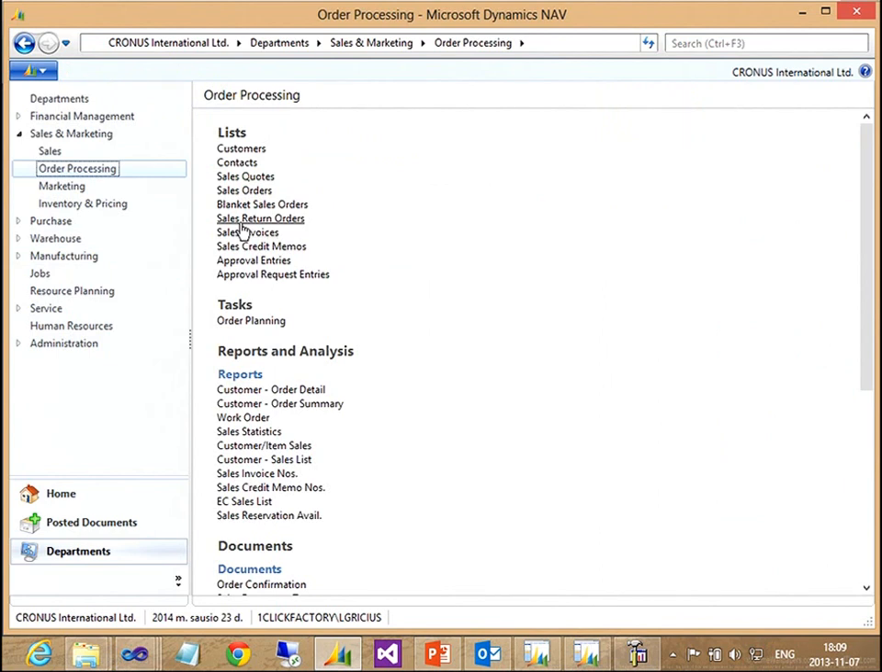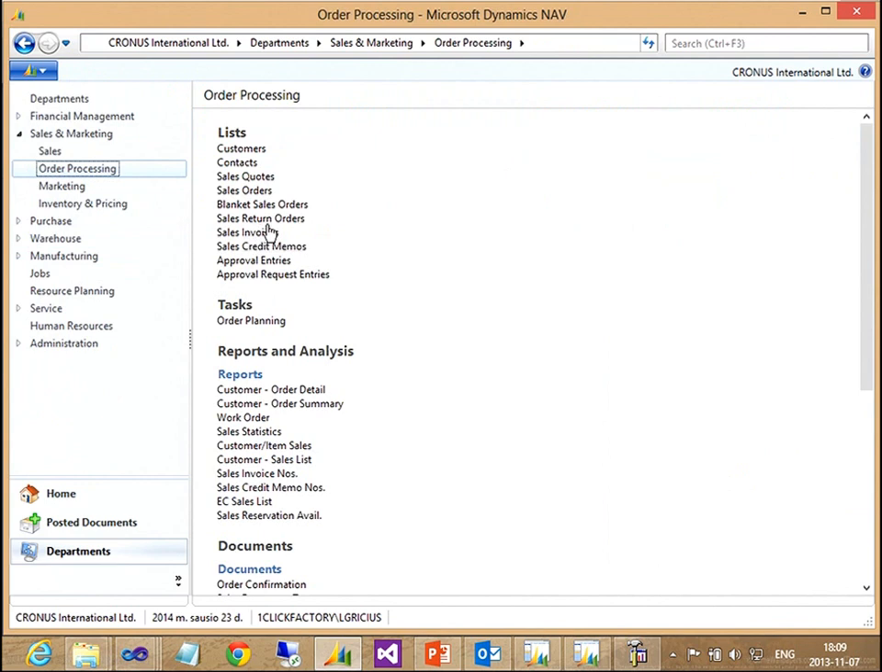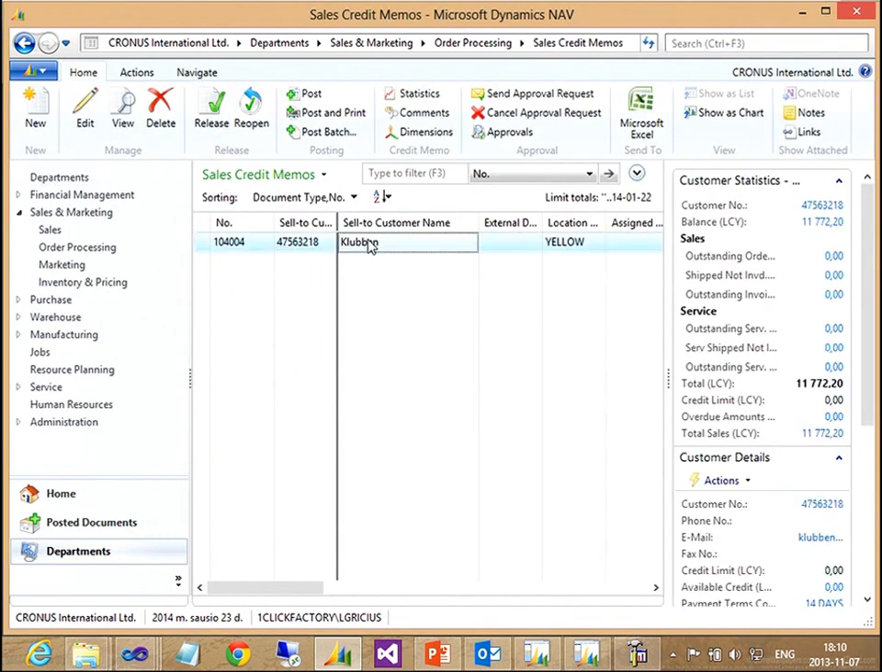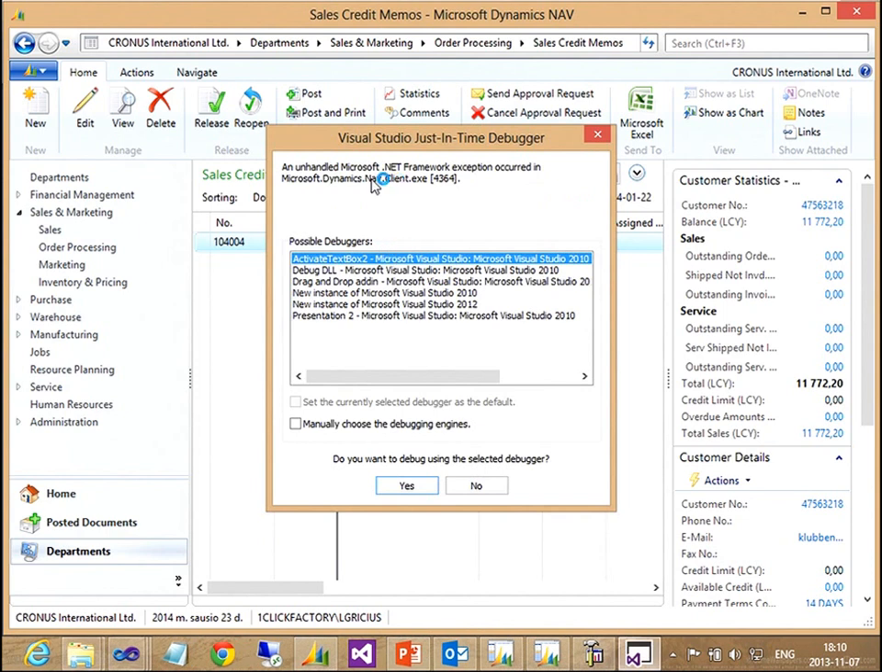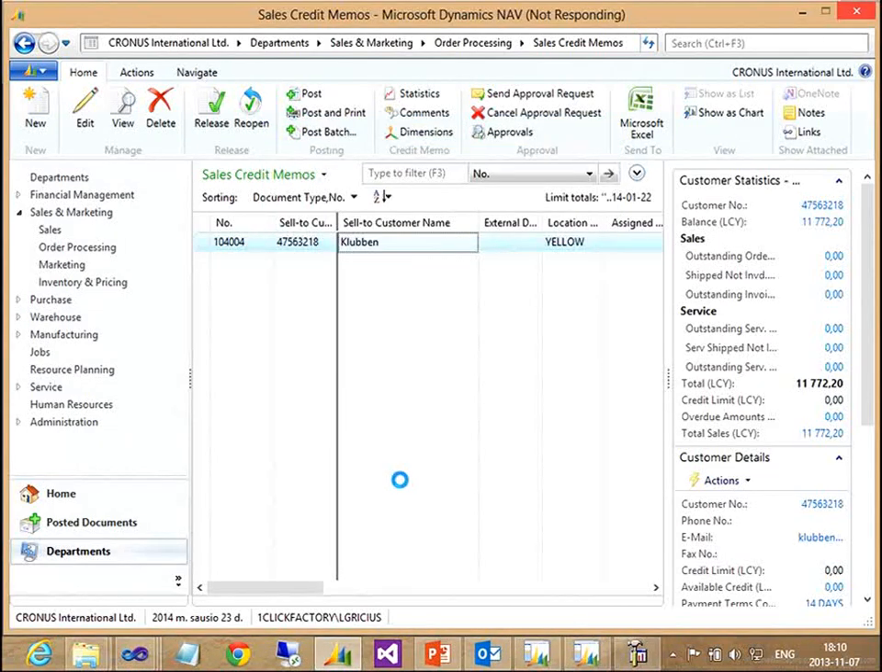I added it into, I think, sales returns. No. I think to the sales credit memos, yes. So you see, now as soon as I try to run the page, a debugger option window appeared here, asking me to choose which development environment I want to use for debugging, or whether I want to open a new one. So we can use the existing one. And if I push yes,